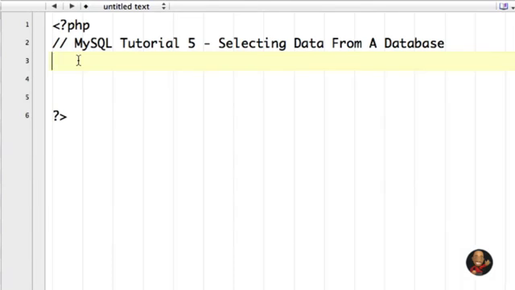Hello everyone. In this tutorial, what I'll be covering is how to select information from a database and use that information in our PHP code. In other words, I will be showing you how to display certain data within a database to a user or a visitor. So what I'm first going to do over here is go ahead and save this